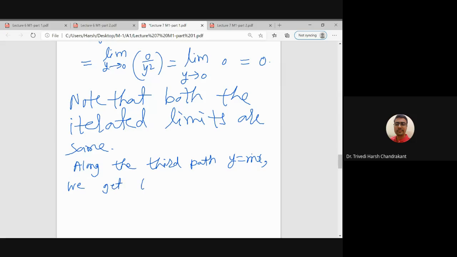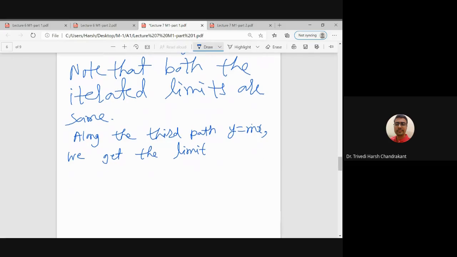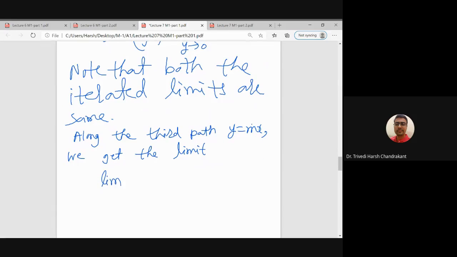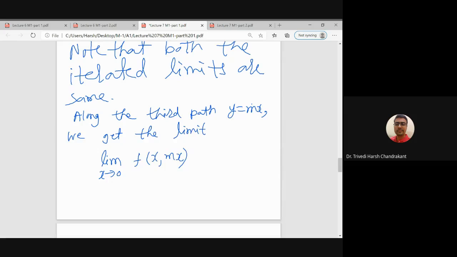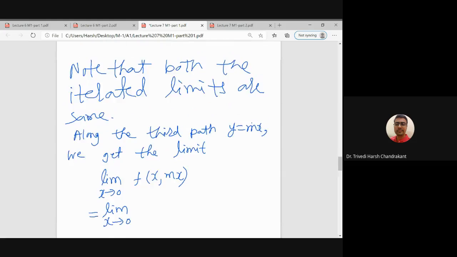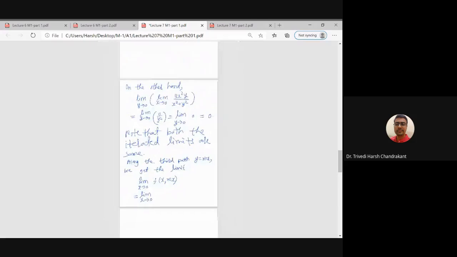We get the limit. So what limit we get is, when we substitute y equals mx, limit x tends to 0 of f of x, mx. So we need to substitute y equals mx here. So that is when we substitute in the function, our function is basically